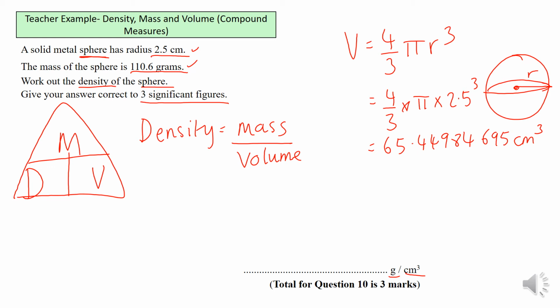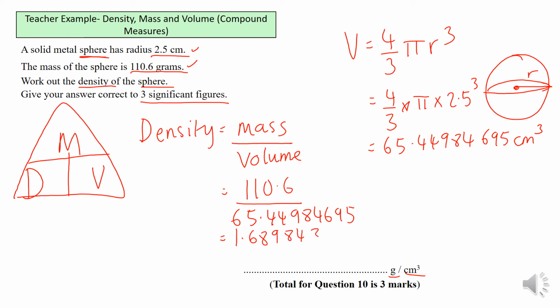Now coming back to the question, density is equal to the mass divided by volume. So the mass is 110.6 divided by the volume, using the whole number, so my final answer is accurate. This will give me the answer of 1.6899843524. Now the question is asking me to round it to 3 significant figures, so I'll count it from the